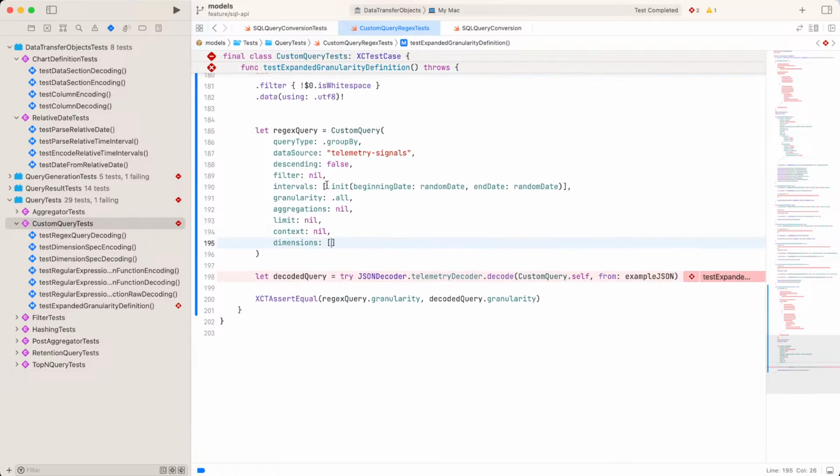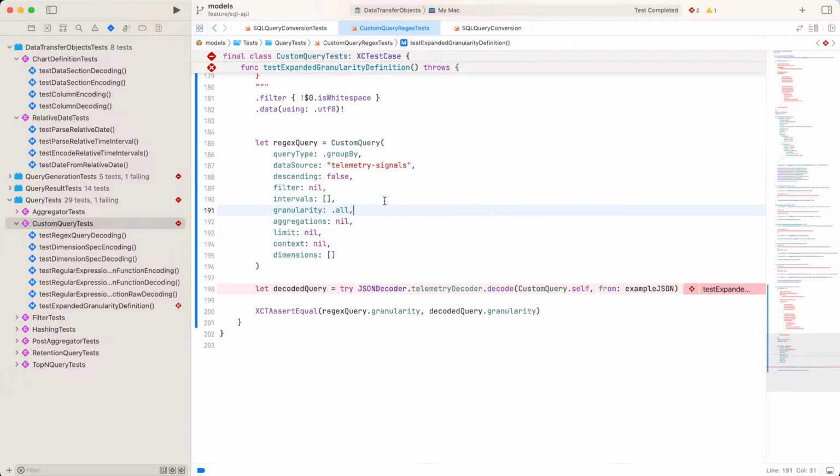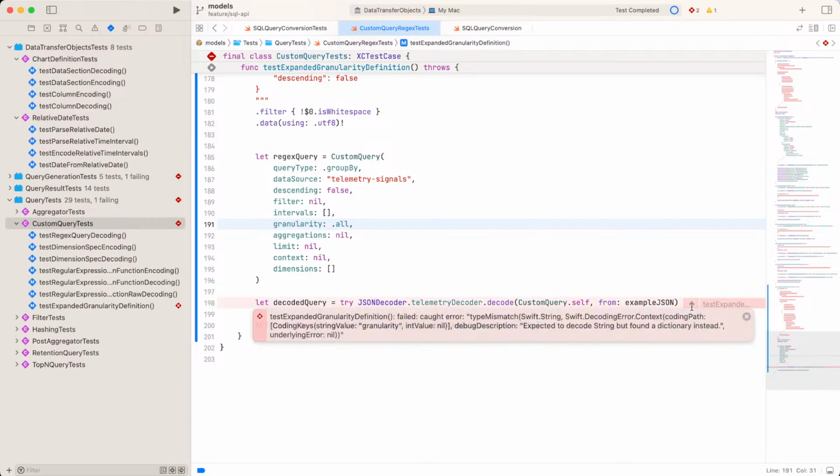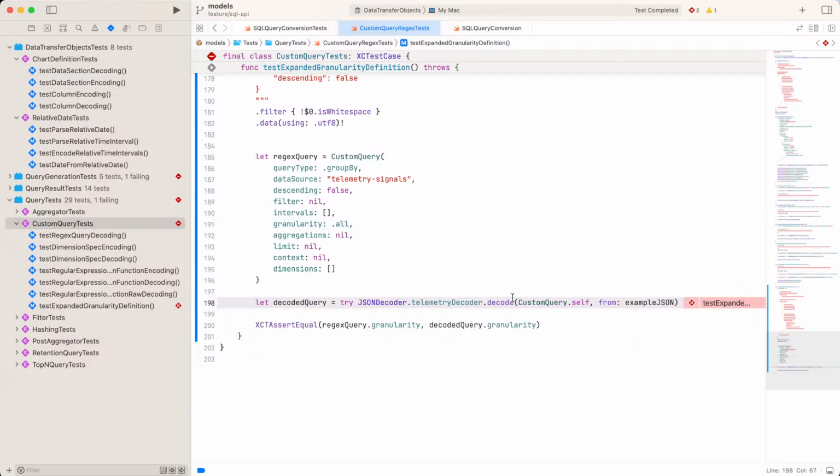We don't need dimensions, we don't need intervals. Yeah, this is easier to read, I guess. And it should fail with the same error, basically. Expected to decode a string, but found a dictionary instead. Okay, now